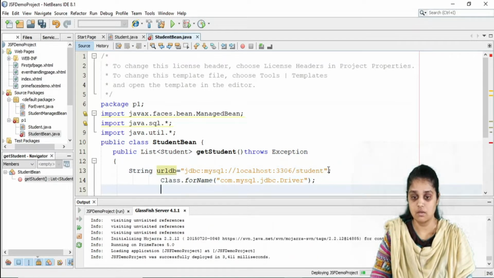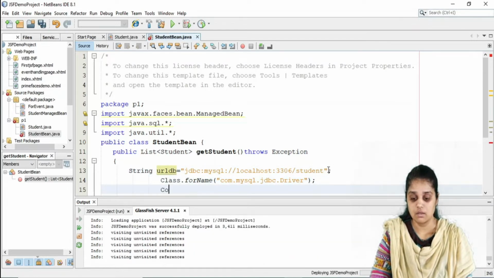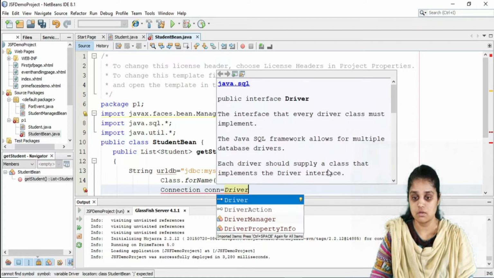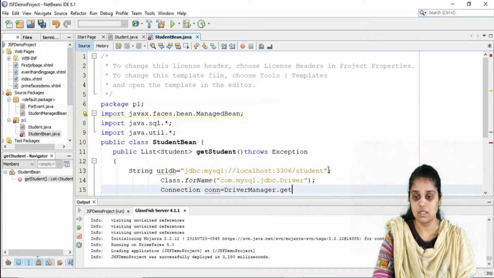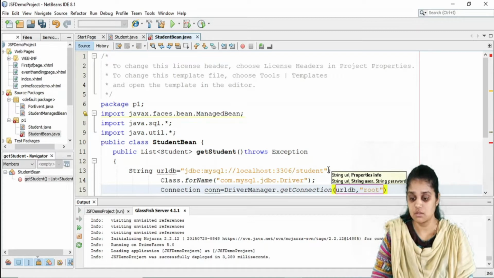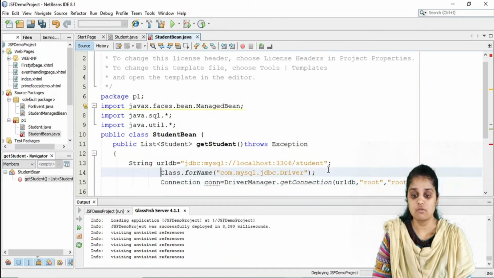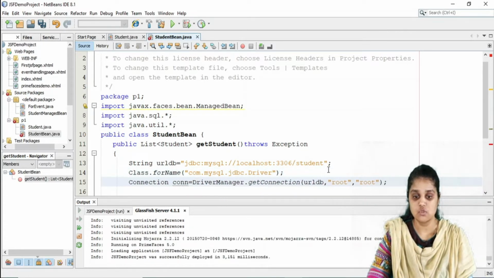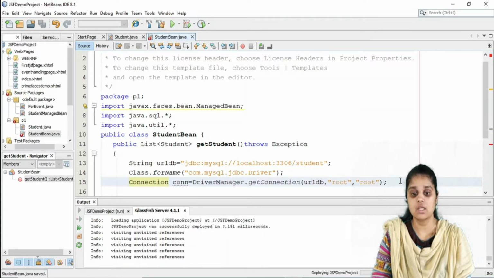Okay, then Connection con is equal to DriverManager.getConnection urldb, root and root. If you have any doubts, you can refer to my video on connecting with the database. I am just writing the code to connect with the database.